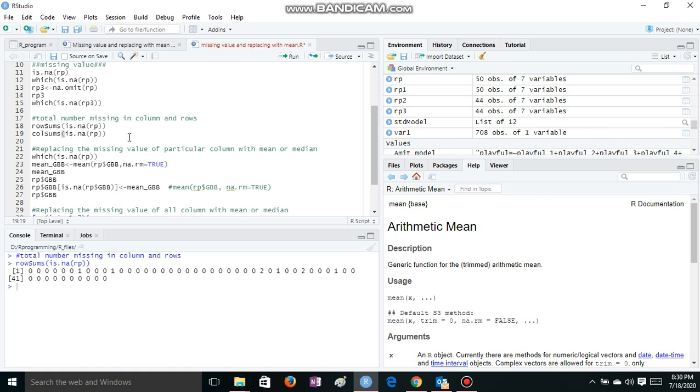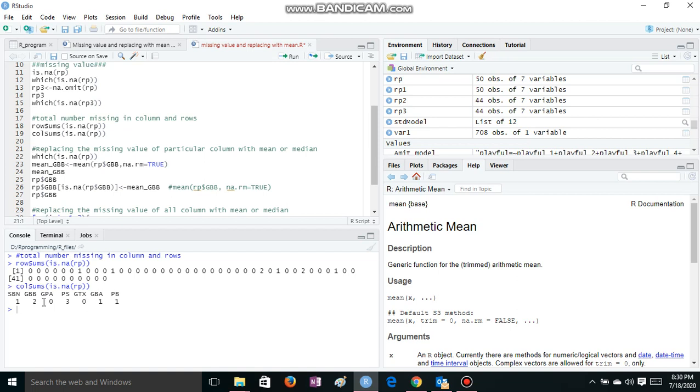So when we use colSums, the same condition prevails. Is there any NAs? It will reflect the numbers, right? So Control Enter. Now here we can see SBN, GBB, GPA. These are all the column names or variables, right? And each variable, for instance SBN, has only one such space where there is no data entry. Similarly, GBB has two. GPA does not have any. Subsequently, 3, 1, 1 for PS, GB, and PB. So this gives a reflection of the missing data or NA entries.